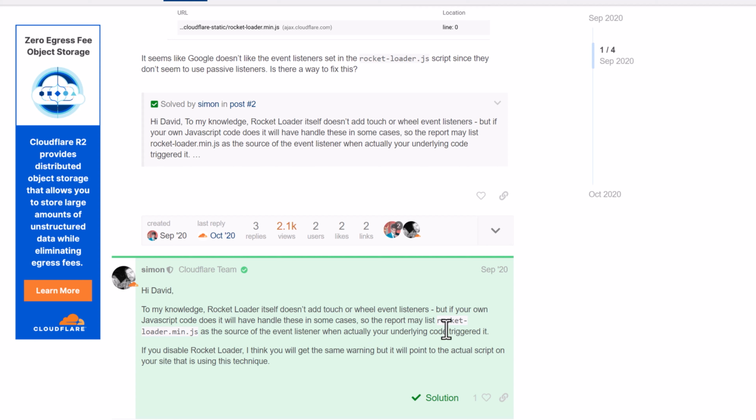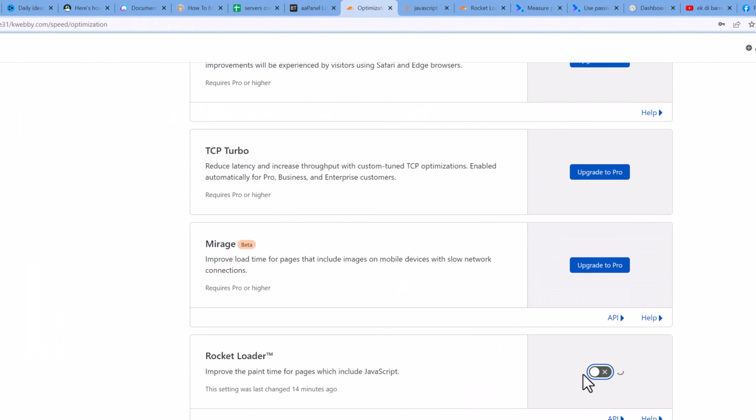So the report may list rocket loader as the source of the event listener when actually your underlying code triggered it. If you disable the rocket loader, I think you will get the same warning with the actual script on your site that is causing such errors. So rocket loader is just wrapping those event listeners from the code that is hurting your website with those errors. To resolve that, let me first disable rocket loader on this website